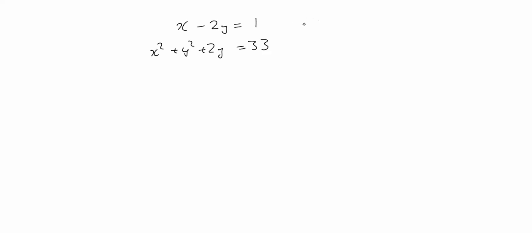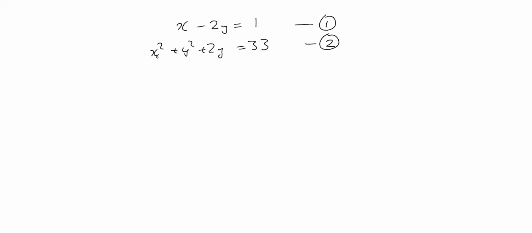Okay, let's call this one 1 and this one 2. Now we see the second equation here, number 2, we've got x squared, y squared and a y term. Now to solve the equation here, we would need to eliminate the x squared. It would be easier than the y, possibly. Either way, we could eliminate y, but if we have only got x appearing once, it would be simpler to